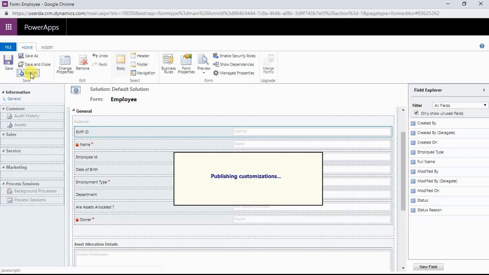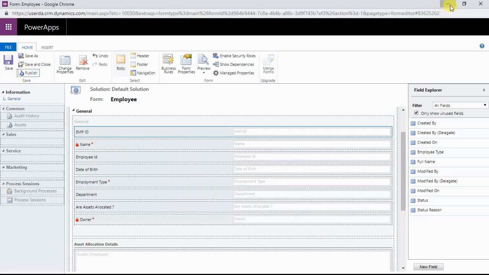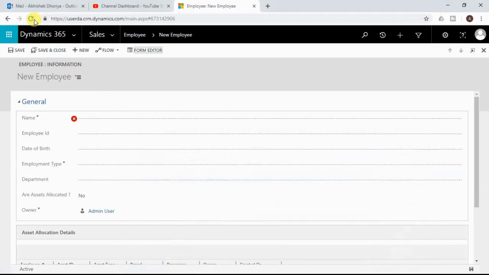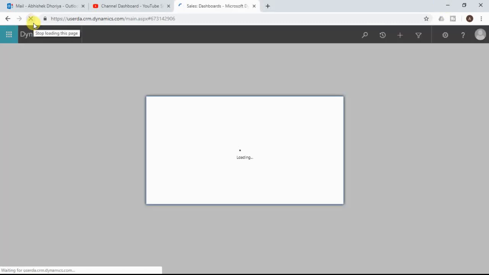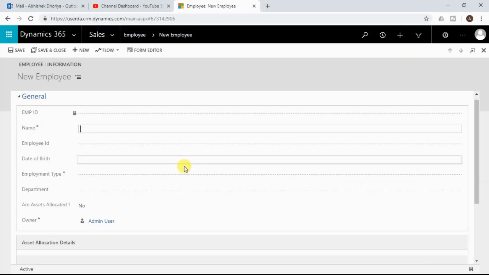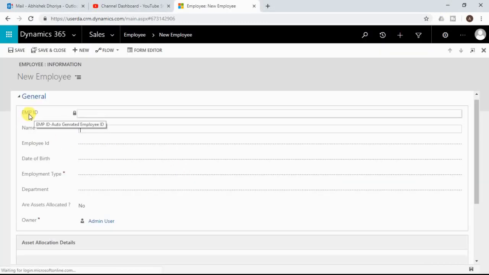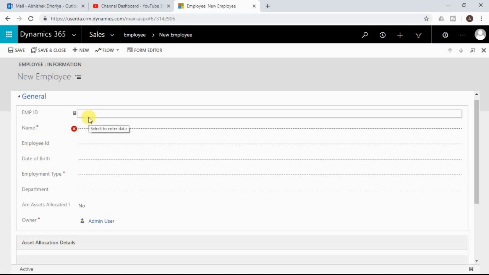After that you need to publish it. Once it is published, you can refresh your form, and then you will be able to see that field. Now you can see that a new field, EMP-ID, has been added, and it is locked. You cannot enter any data even at the time of creating the record, because that will be